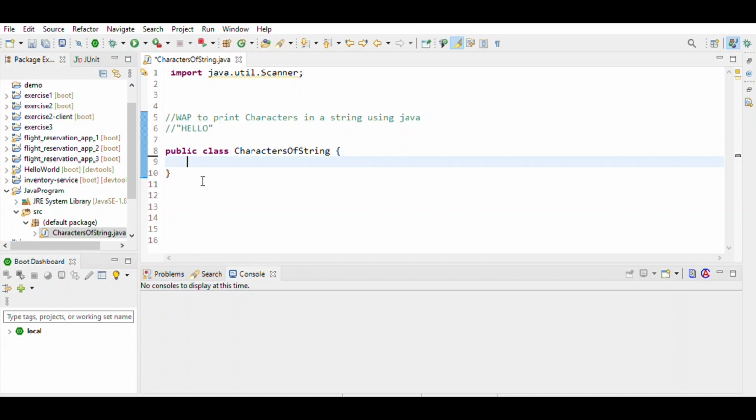Friend, today we'll write the program to print characters in a string using Java. Let's take the example "hello". We find the position of each character in a string. First we create the class name, then the main method,